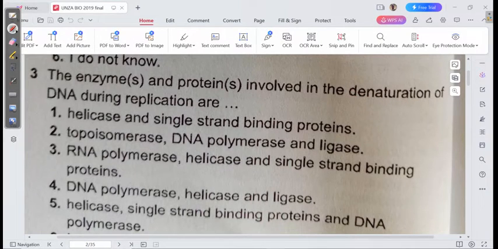My suggestion, the answer should be two. Topoisomerase, DNA polymerase, and ligase. Okay, so